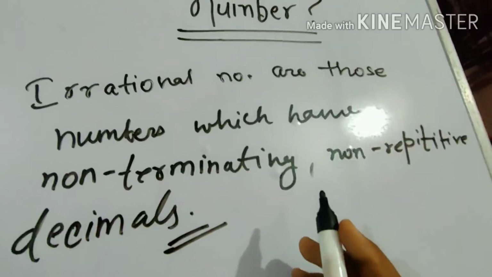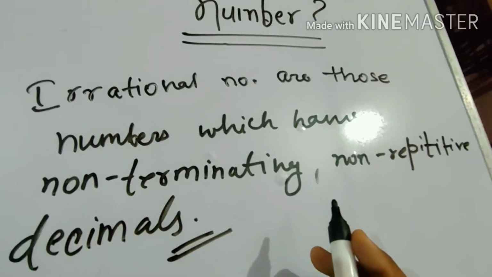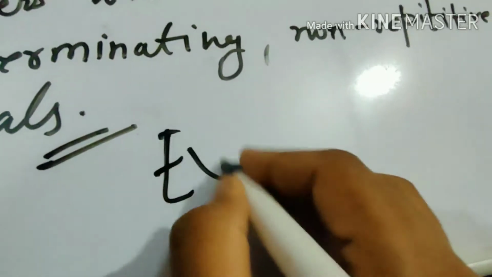So, irrational numbers are those numbers which have non-terminating, non-repetitive decimals or ending, which means that any number, for example,